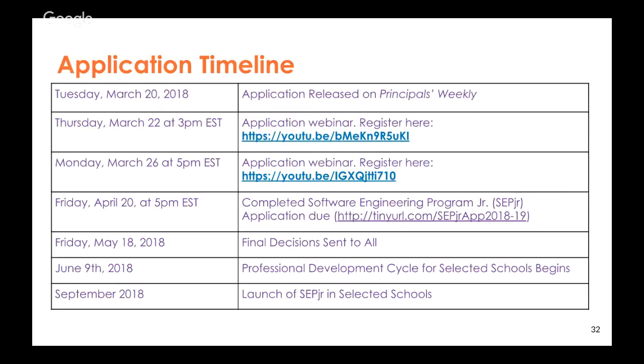If that does happen, it's a case-by-case scenario where we'll look at it and see if that teacher team in that school still meets the requirements of SEPjr. So it can affect your application and participation in SEPjr if you have to change a team after being accepted into the program. And then in September, it's the launch, and we help schools get ready in August to really hit the ground running in September 2018.